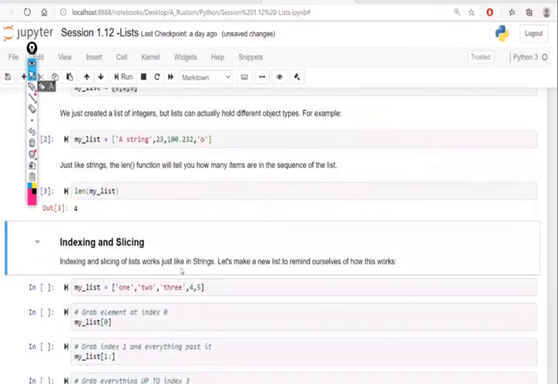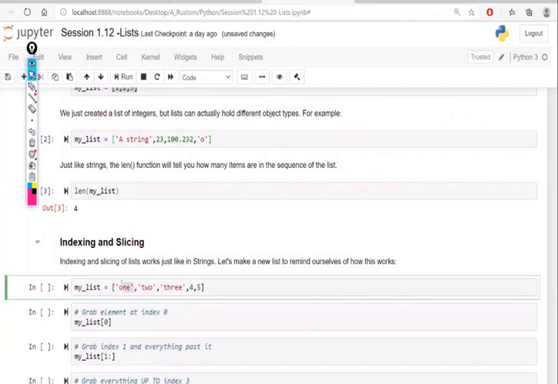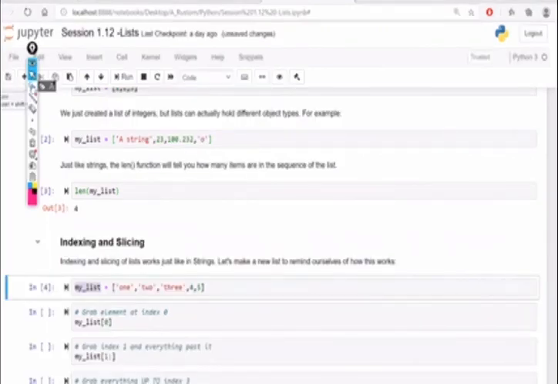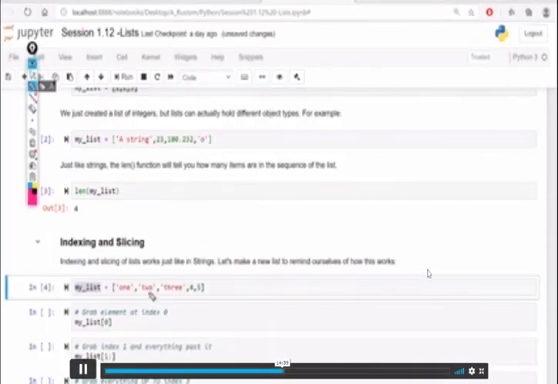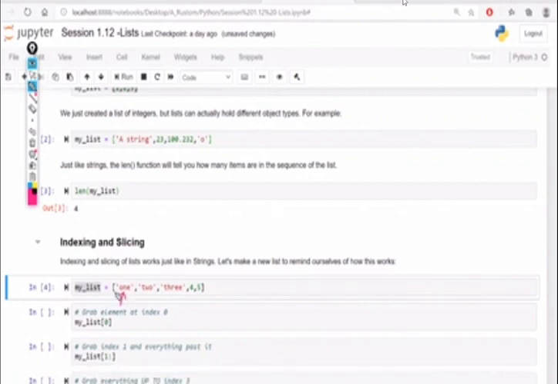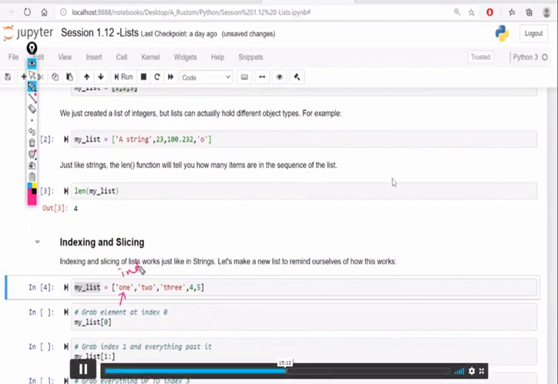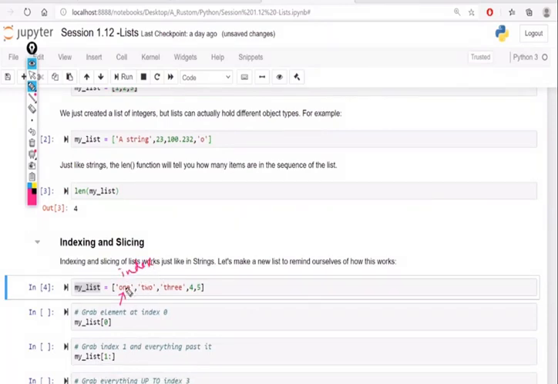Let's move on. Again, here I have some data: 1, 2, 3, 4, 5. As we discussed, it can take any type of data. I'm assigning all the data to this list, and I want to grab an element here. This is interesting. Suppose I want to fetch this data. I cannot say my list 1 or something like that. What I should do is give the index numbers. So what is the index for this? Index for this is 0.